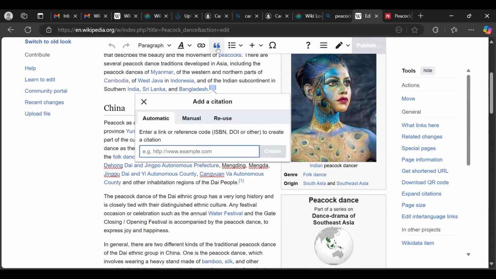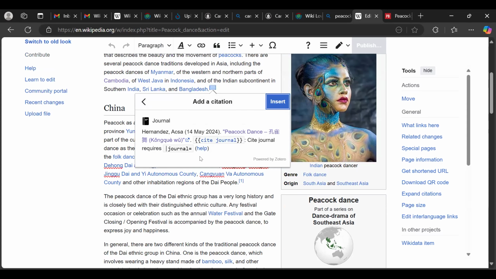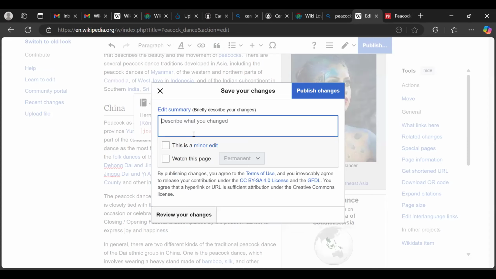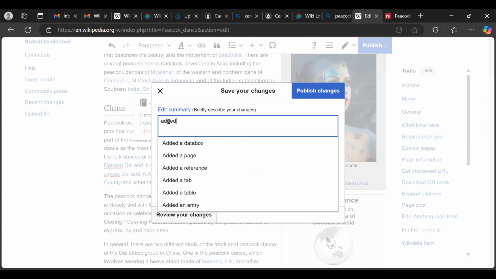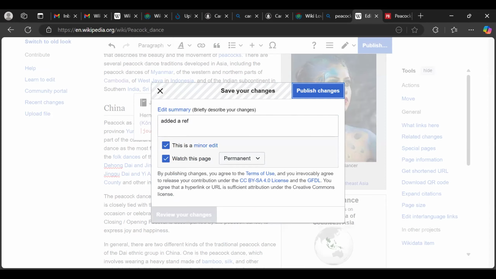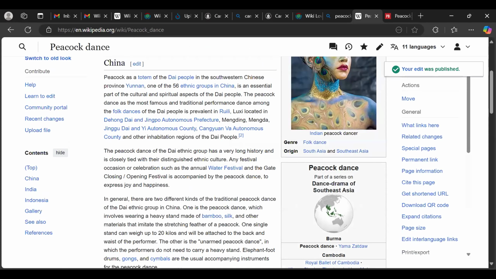So you add the reference here, cite. You click on cite. This is the symbol for citation, the quotation mark. Always use the automatic, then I paste it here. Then I click on create. Then I click on insert. Then I click on publish. I describe the reference. You can even shorten it. Click on this, and then hit publish. So you have completed the exercise like that. You have just added a reference, and then you can do the other ones like bold, italic, even interlinks.